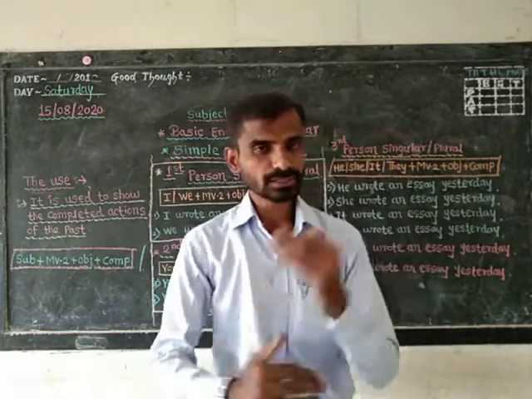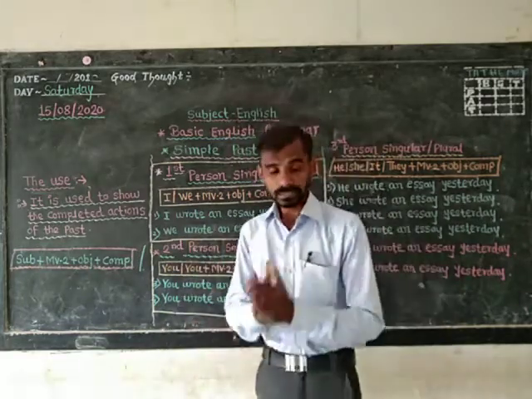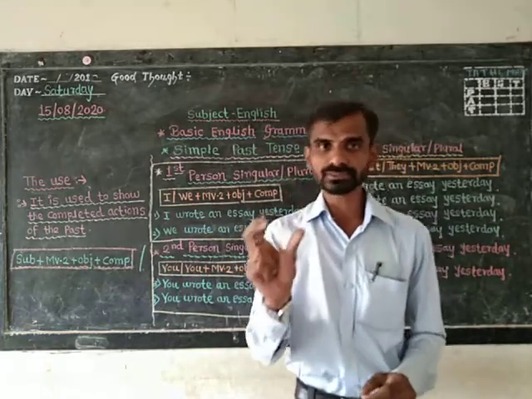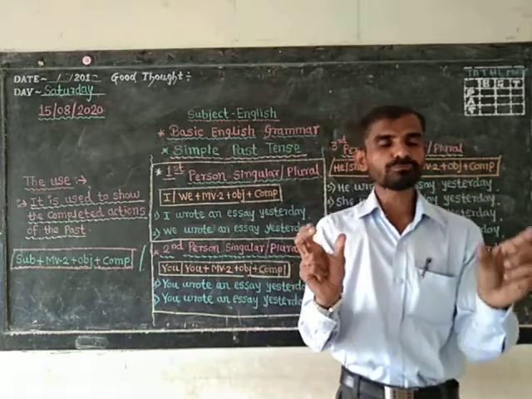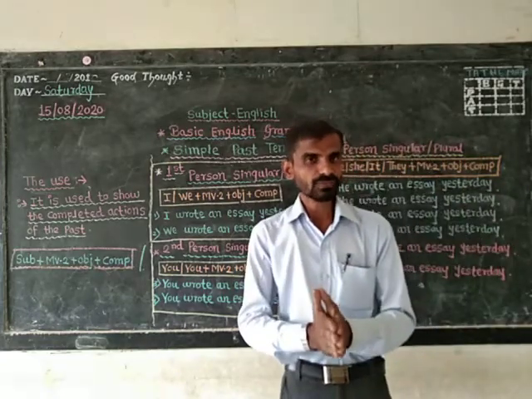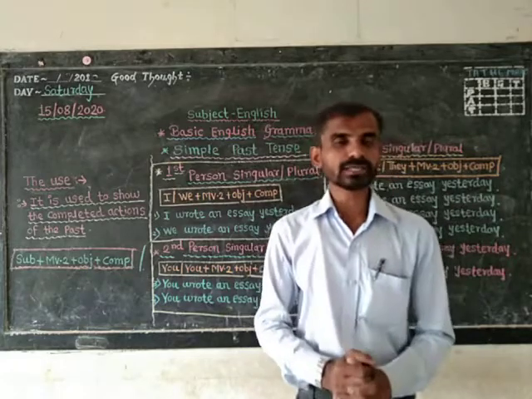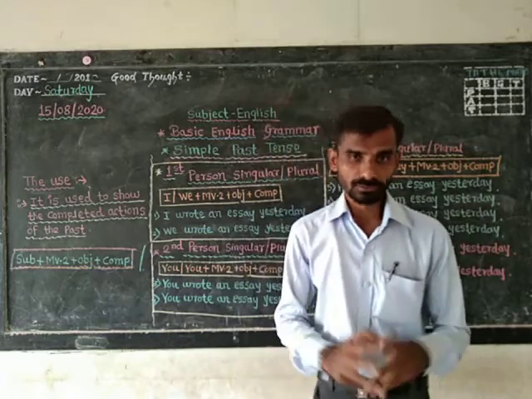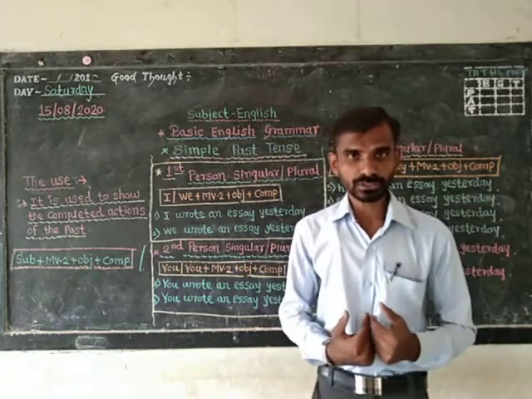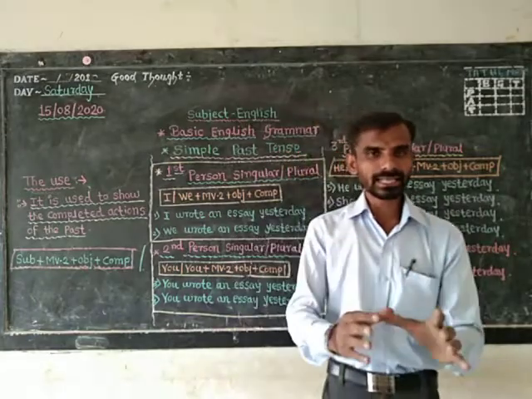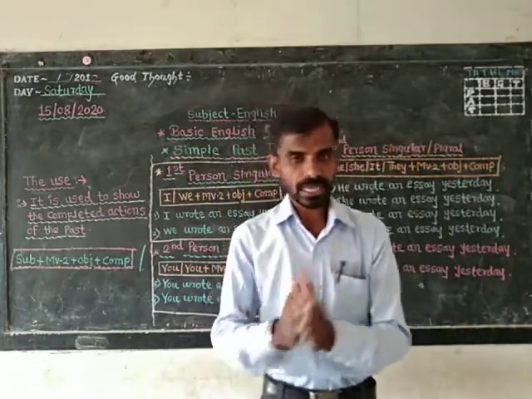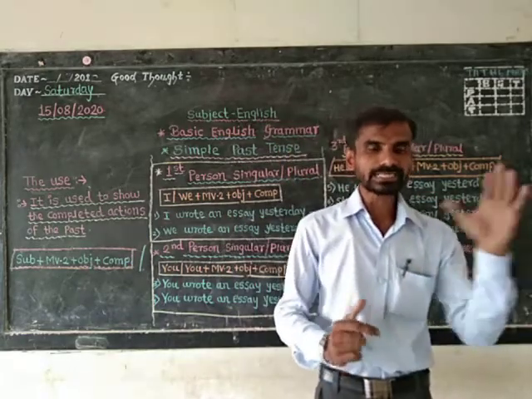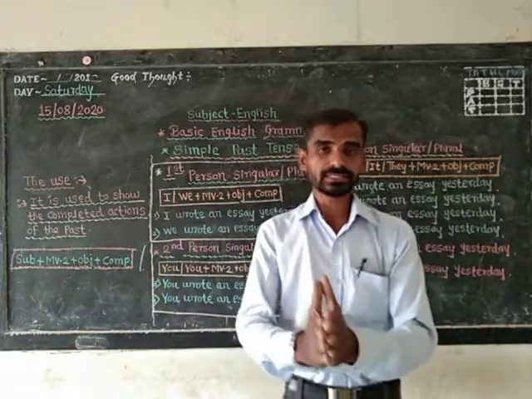Now let us change the verb for the next explanation, that is play. We know P-L-A-Y, play, that is a base verb. MV2 of play is played, isn't it? And therefore let us use played and try to make different examples of the verb play. For example, for first person singular, I have to say I played cricket yesterday, isn't it? I played, it's P-L-A-Y-E-D. I played cricket yesterday. We played cricket yesterday.